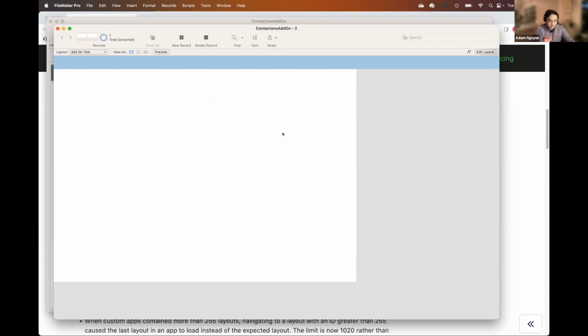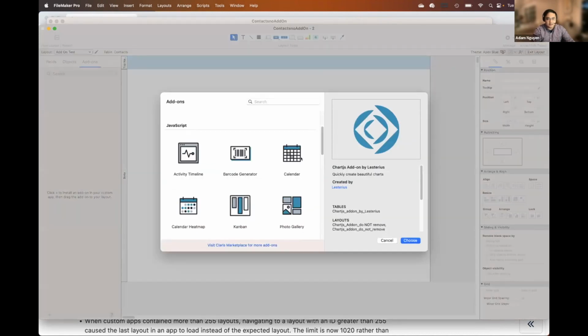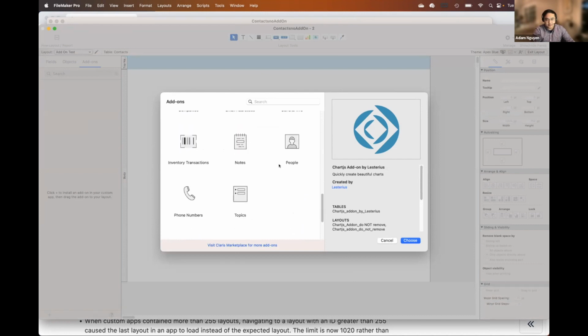In order to add your add-on, we're going to go here. There's nothing on the list here because we have to install it first. So let's click on that plus sign, and then the add-on is already in that folder, so it should be showing up here. We named it SKS